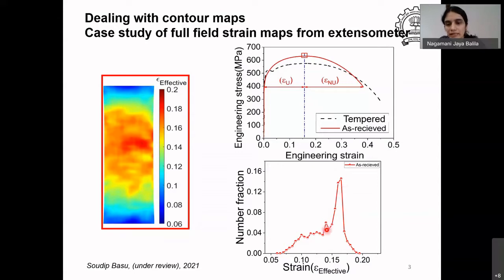But one has to see why you have a larger percentage of lower strain regions. One of the reasons could be that we are taking the strains from regions which are very close to the grip, which is what is skewing the results. So it's possible that if you correct for that, it will show a more normal distribution. More than that, what can we do? We will just see in the following few slides.